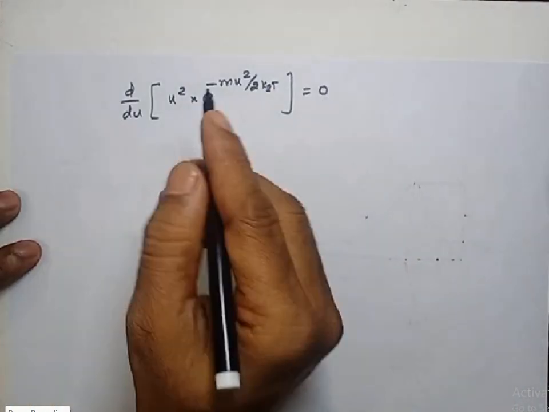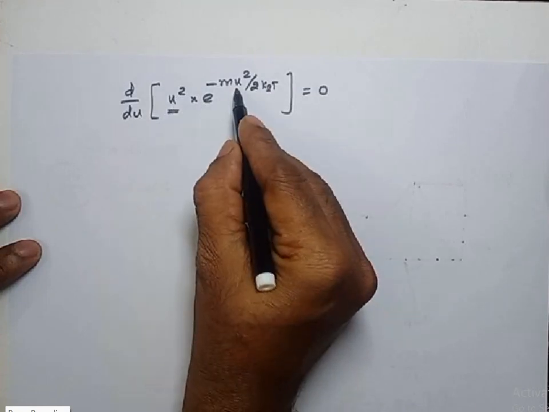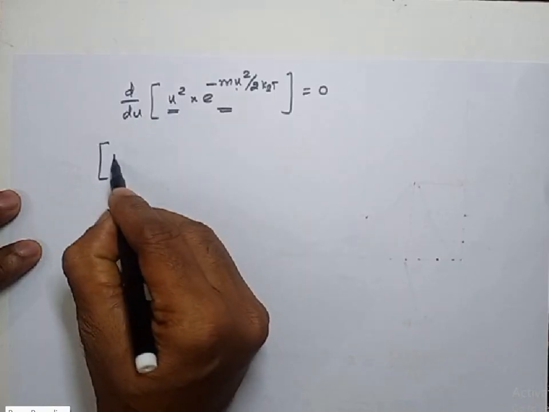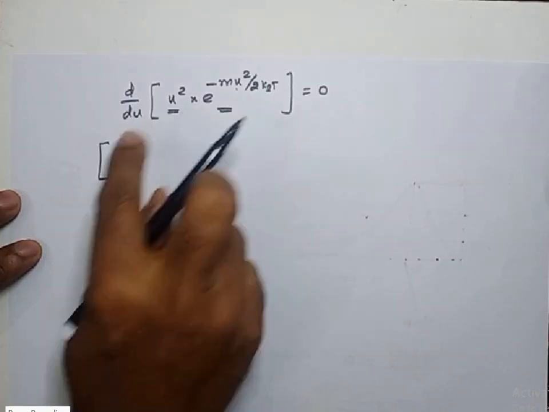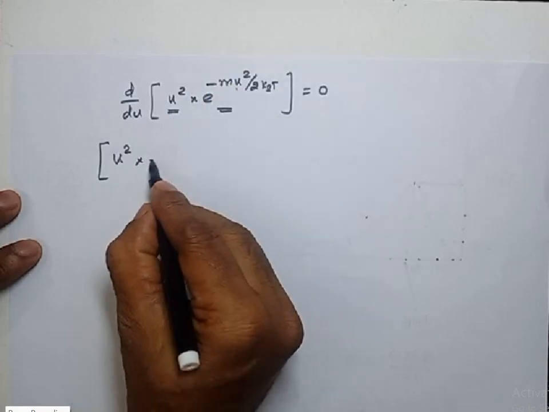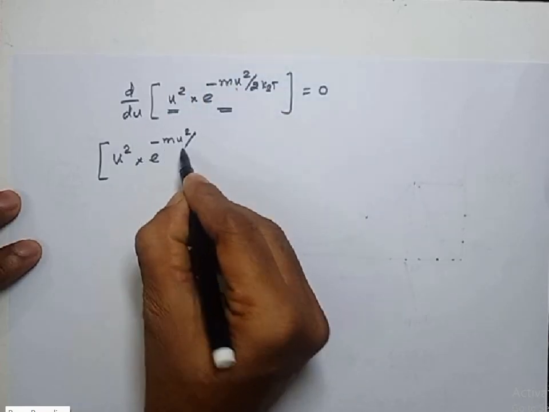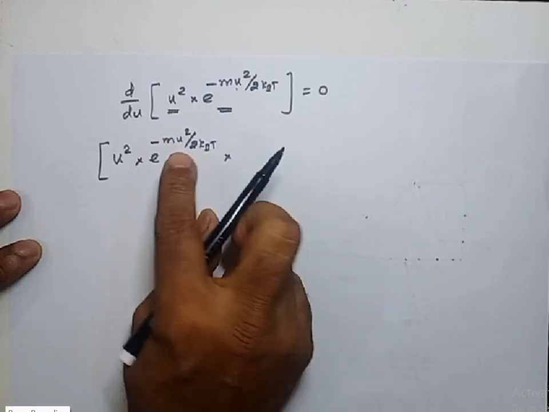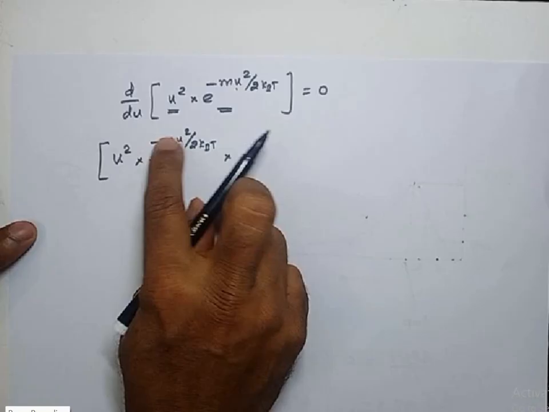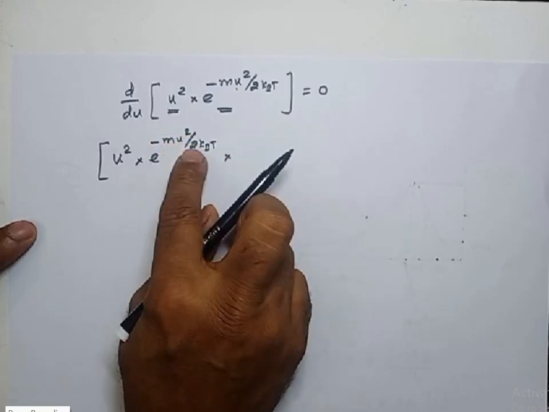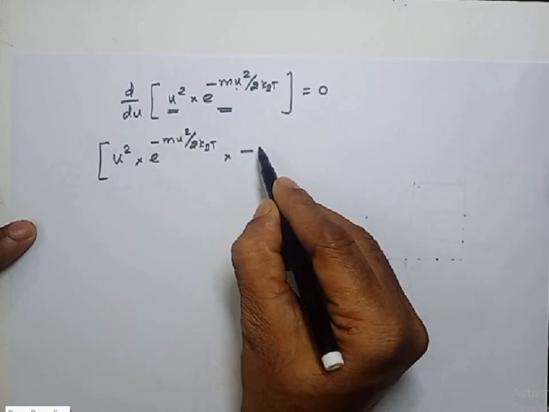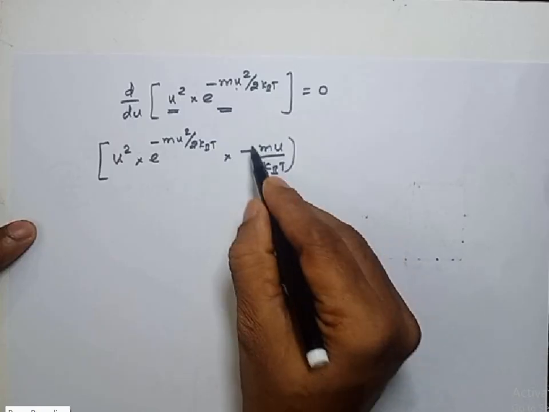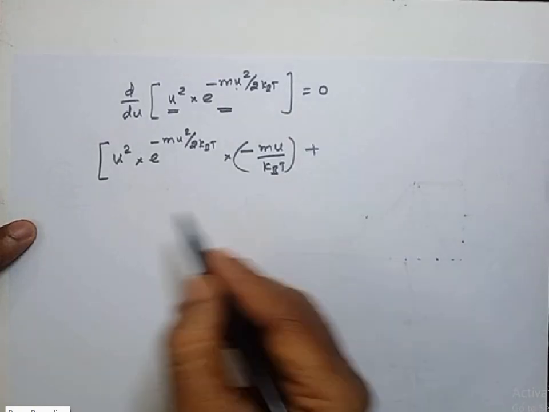Now we have to differentiate. I have u here, and I have the exponential here, so you have to use the UV method. First keep u square as such and differentiate the exponential term; you get the same term first. Then differentiate the power: u square differentiates to 2u, and the 2 and 2 cancel. So what we get is minus m u by kb into T. Plus, what is the second term?